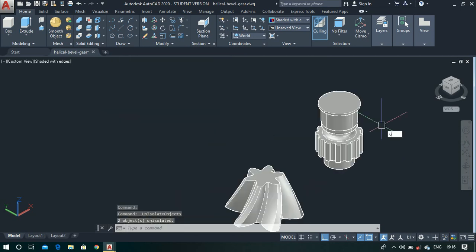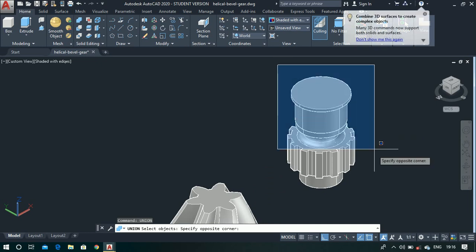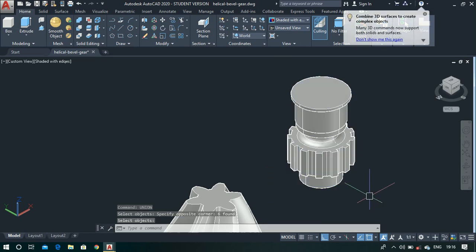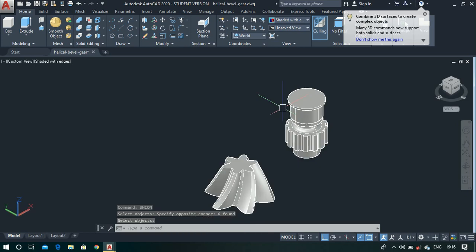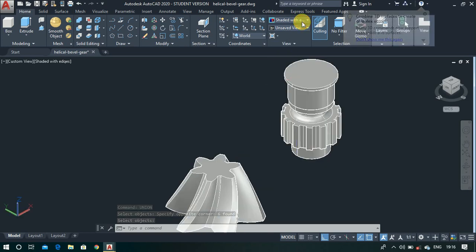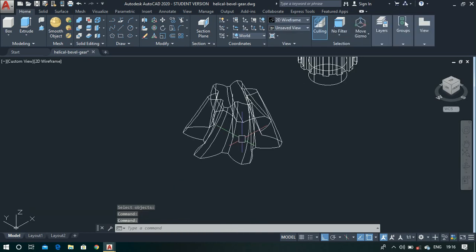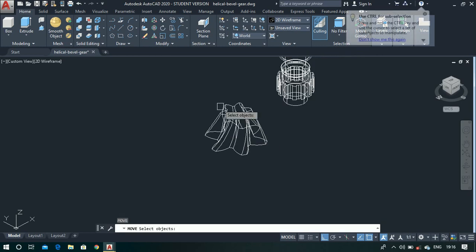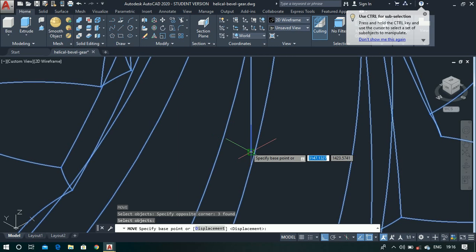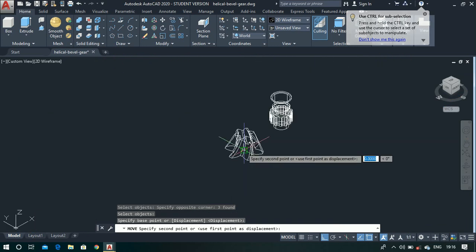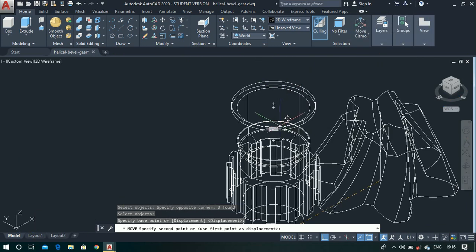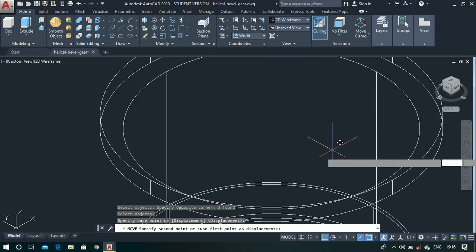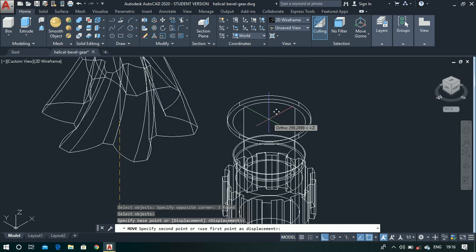Now use the union command, select all these components and press enter. Now all are joined components. Now again go to the wireframe option. Now just move this helical bevel gear quickly from this endpoint that we have drawn. So just click on the above circle and center